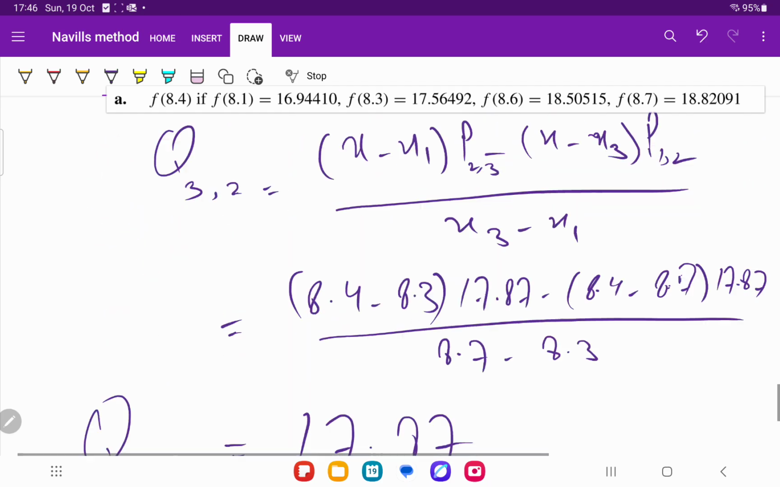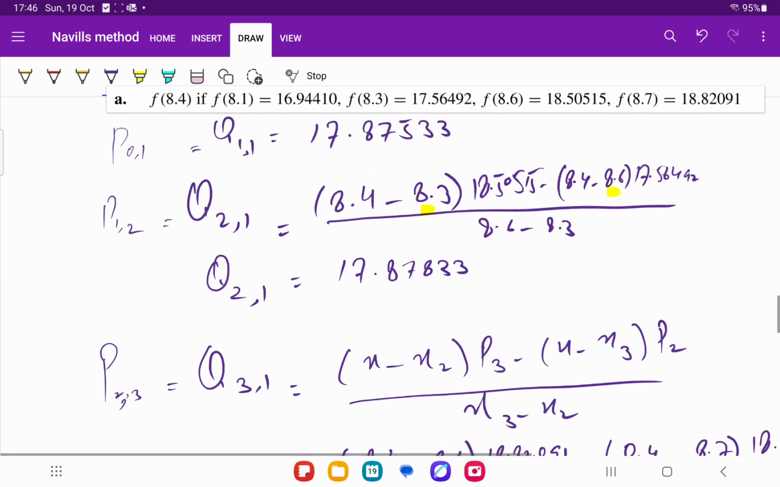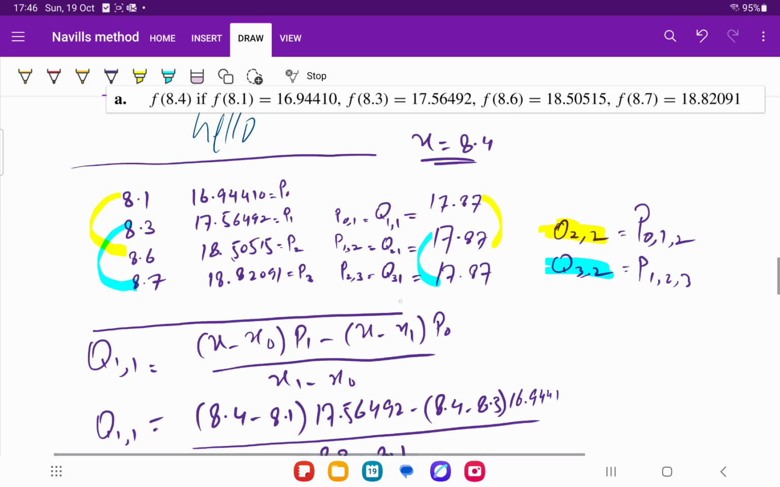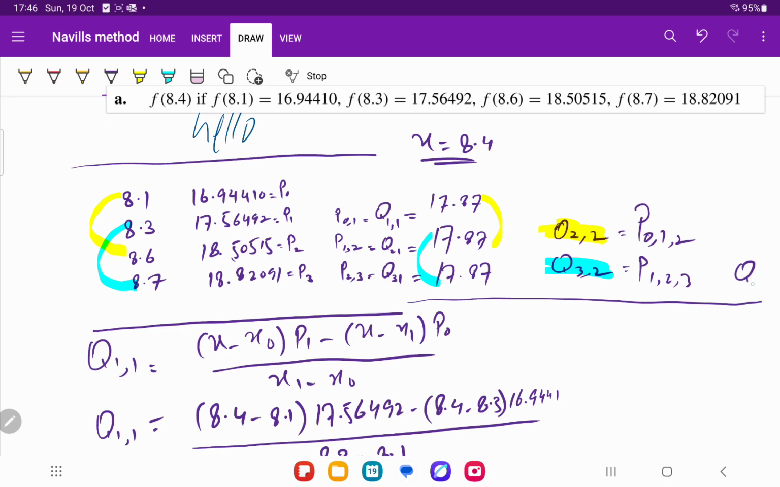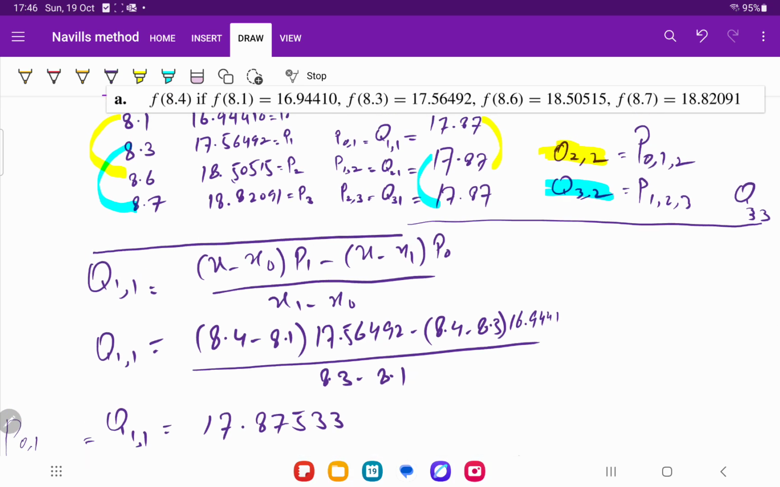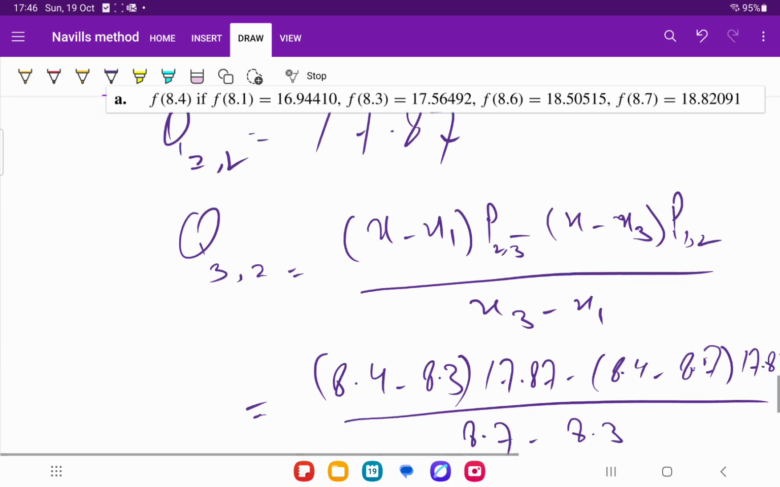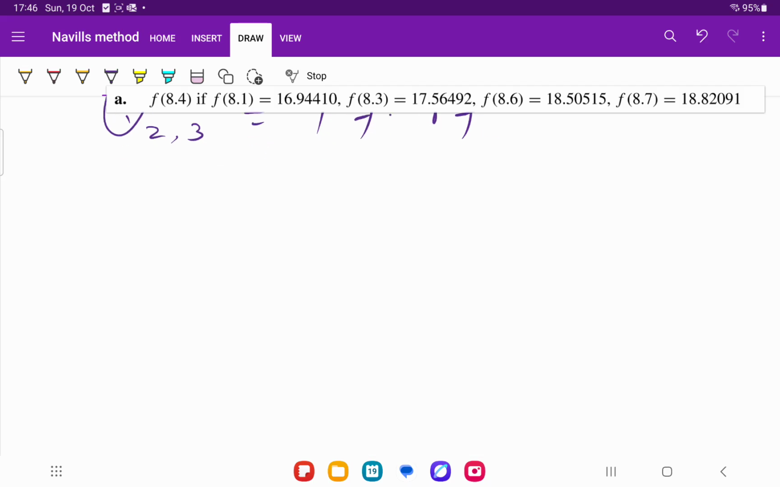So the last point from the table will be, what should be the last point? Q33. So Q33 is our last point, and it will be calculated by using all the points. Okay. So we will calculate this point